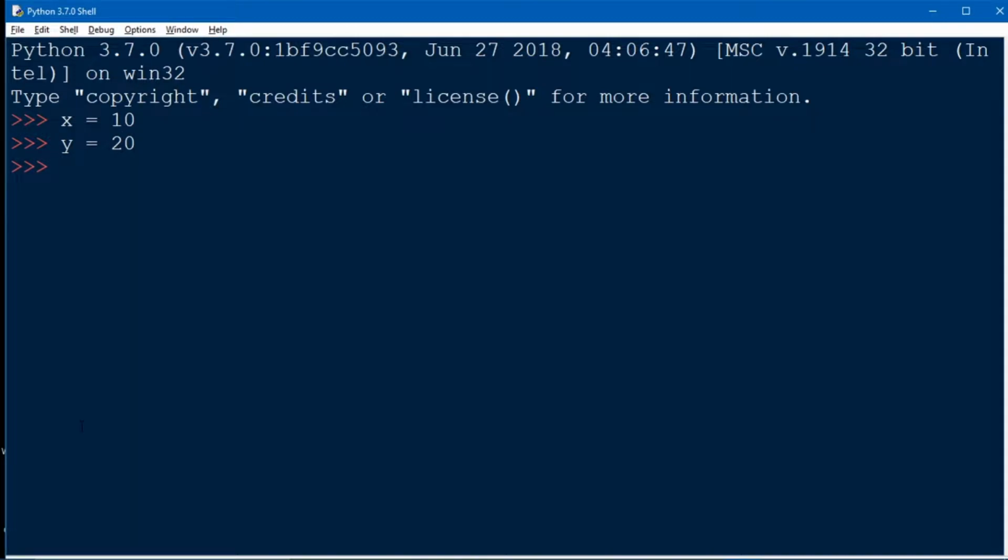So here we take two variables and define two input data of integer type. Okay, and then we will print x plus y. Here plus acts as an operator, and x and y are the operands of the operator. So we will get 30. Right? What if we want to do subtraction in Python? Just x minus y. Okay, see, we will get minus 10.